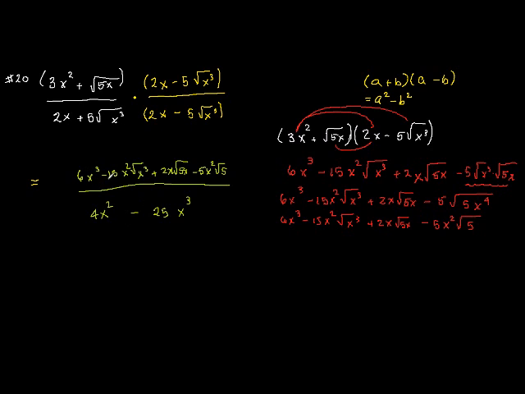I see that there's an x term in every element here on top, so let's pull out at least one x. So let's factor out an x. This is equal to x times, brackets, 6x squared minus 15x square root of x cubed plus